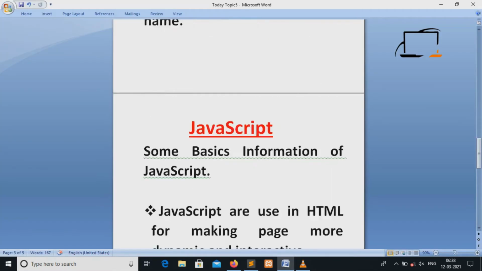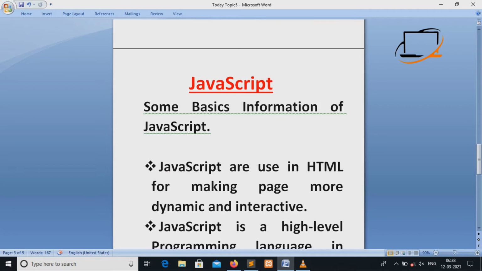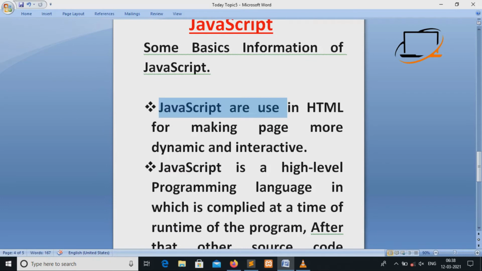Now that is JavaScript. Basically we use class in JavaScript, but we are not familiar with JavaScript, so I am giving some information about JavaScript to clearly understand the concept of class and ID in a JavaScript program. After that, in the JavaScript series we will elaborate on JavaScript.